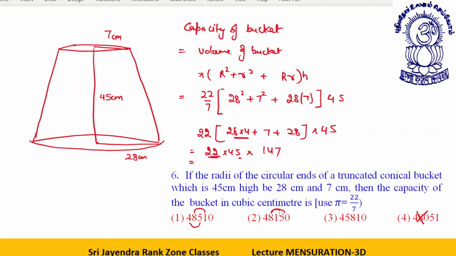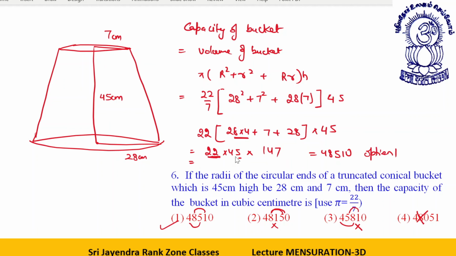Sum of these two digits, 5 and 8, but this is not divisible by 11. You know the basic rule. Again, 1 and 5, the difference of 1 and 5 and 8 and 4 is not divisible by 11. Why would I solve it? This is the answer. 48, 510. Option number 1 is the answer. Okay. You can have a look over it. If you want, I can definitely multiply it for you. But I did not do it because I didn't find it very useful. No way of doing such a lengthy calculation.